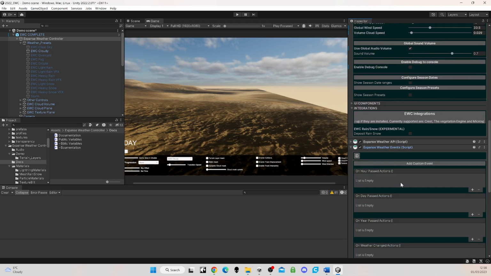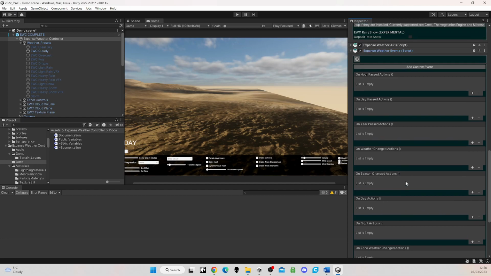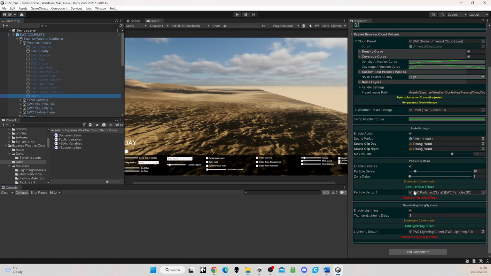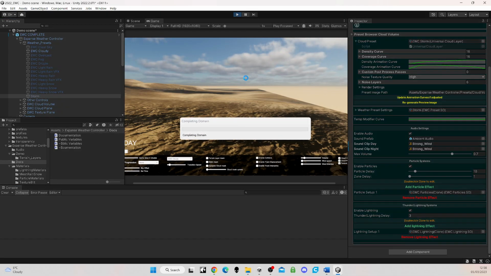And then the other thing is we've got the weather events. Now I've added one of the on lighting in progress. When you're in a storm, I've got a lightning setup assigned here. So if I, for instance, would play this,